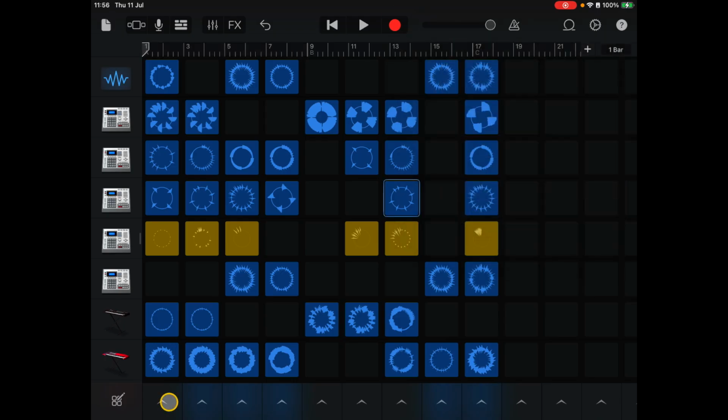One cool feature is if you want to play the entire row, you can just tap the chevron at the bottom here and it will bring in the entire thing. You can use that quite nicely to bring in certain sections and create really nice patterns. Instead of working horizontally, we're working vertically, with each of the horizontal ones being a different instance of the same instrument. You would not be able to have the same instrument playing, for example, if I hold down this synth note at the bottom here, when I tap the one next to it, it cancels the one that was already playing. If I wanted two parts to play,